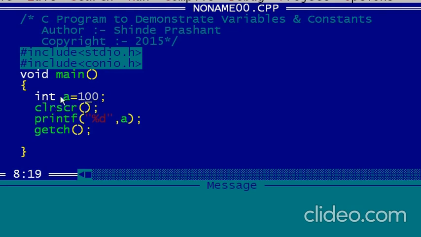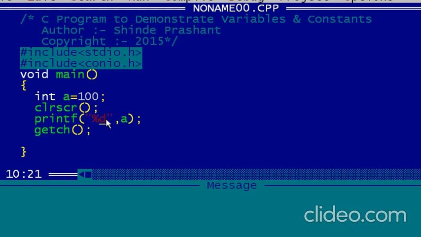With the help of this operator, the value 100 is stored at that location. When the program control reaches the third line, it clears the screen, and at the fourth line it goes to the printf function. Here is the variable a, and %d is a format specifier.